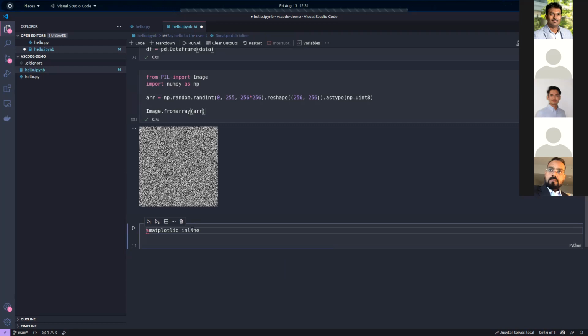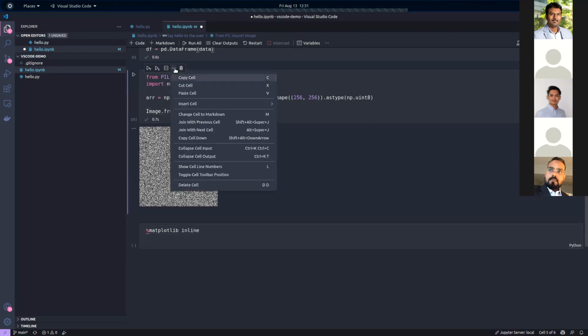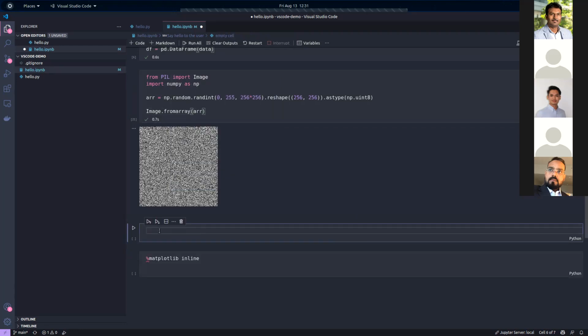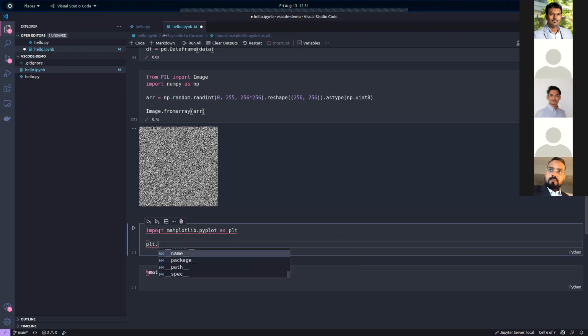I'll import matplotlib first. Yeah, so I can add this here. I'll just plot a random line with plt.